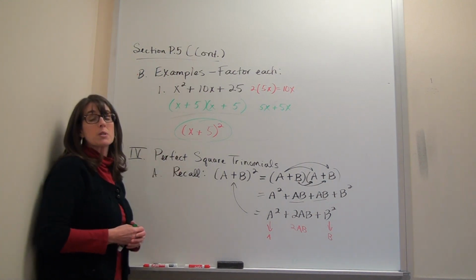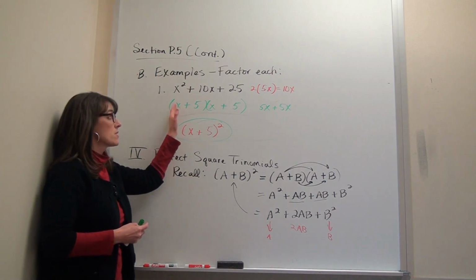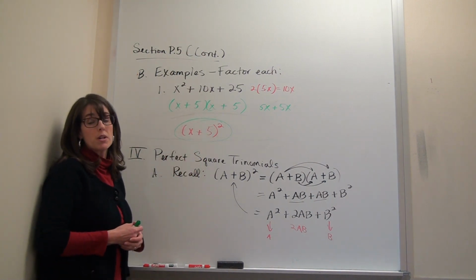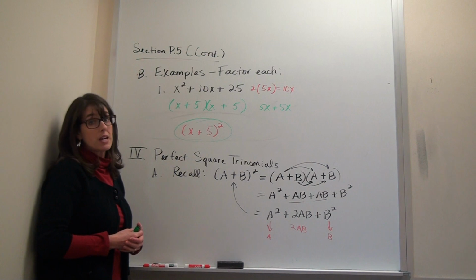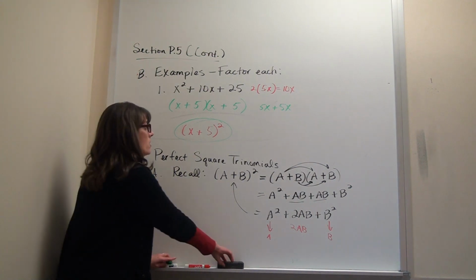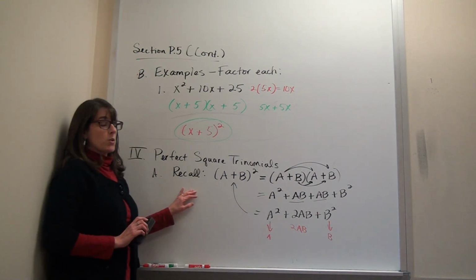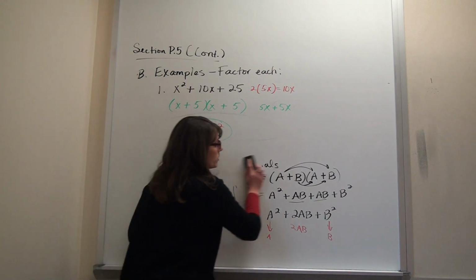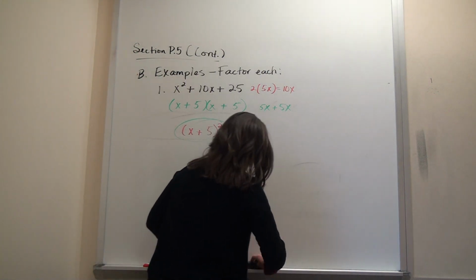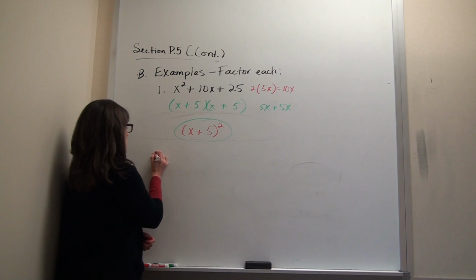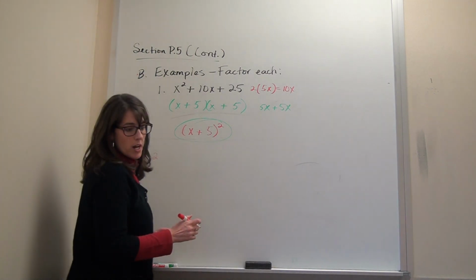It's very, very important to be able to recognize when you have something times itself to be able to write it as quantity squared, because it will make processes later a whole lot easier. So that's what happens with perfect square trinomials. Let's try one more. Again, just to get ourselves really good at this. And let's try a